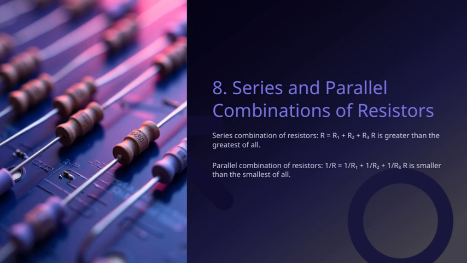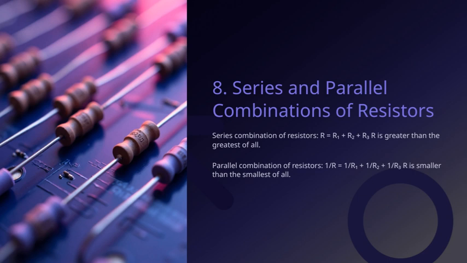These two configurations, parallel and series, are fundamental because they show us how different arrangements of resistors can dramatically change the total resistance in a circuit, which in turn affects how much current flows and how the circuit behaves overall. Understanding these concepts helps us design circuits more effectively, whether we want to minimize resistance or maximize it for specific